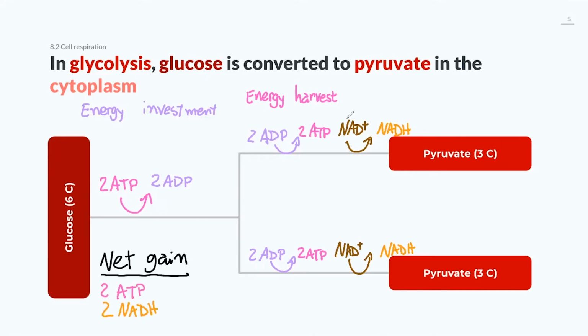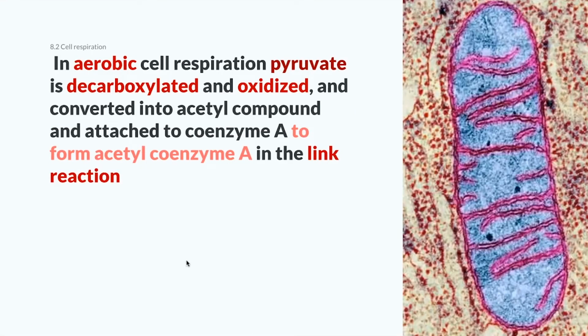So the net gain is 2 ATP and 2 NADH. In aerobic cell respiration, pyruvate is decarboxylated and oxidized and converted into an acetyl compound and attached to coenzyme A to form acetyl coenzyme A in the link reaction. So the link reaction is the link between what happens in the cytoplasm, here the glycolysis, and the